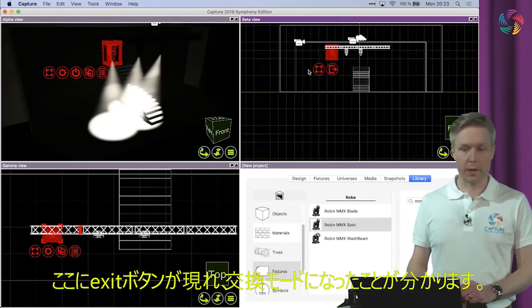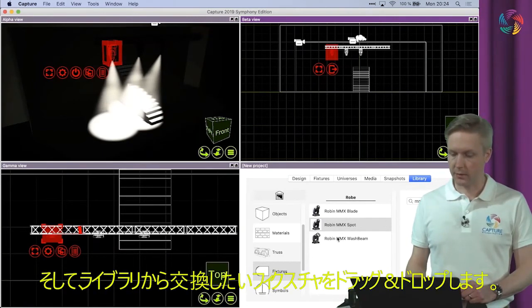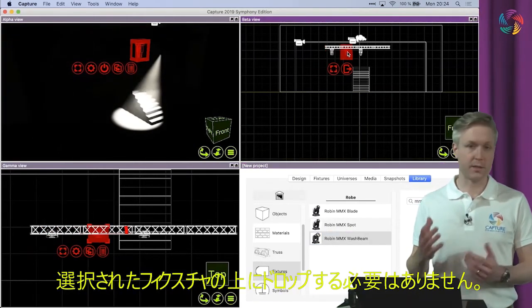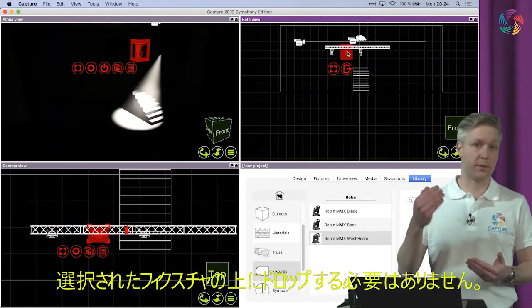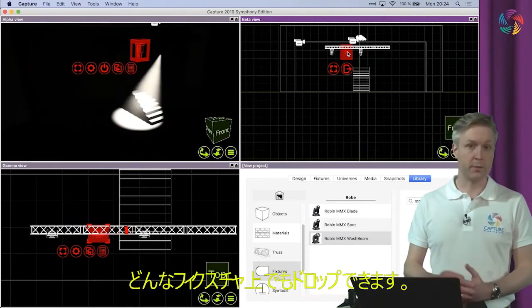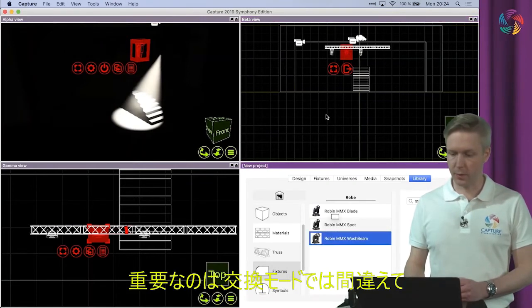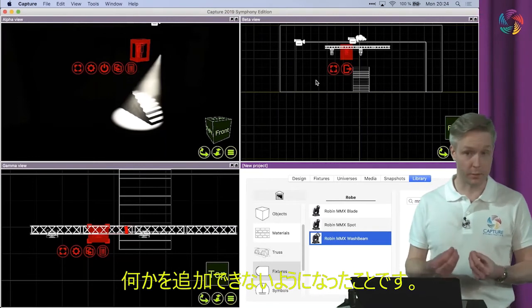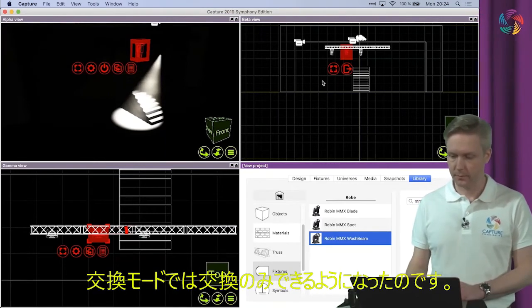You can see now I'm in the mode because the exit button appears, and I can drag and drop other fixtures from the library to replace fixtures. Now, just as before, you don't have to drop them on a selected fixture. You can actually drop on any fixture. What is important is that in the replace mode, it's impossible to add something by accident. You can only replace objects. Let's exit the replace mode